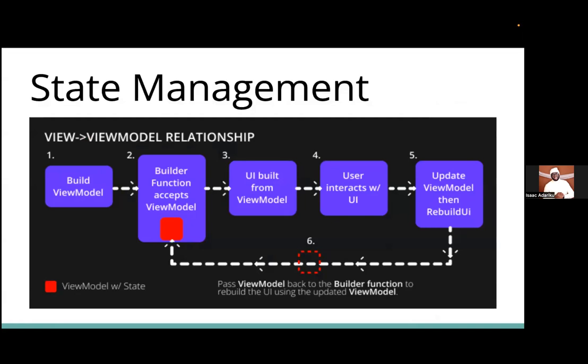The view model builder creates our view model. Stacked passes the view model to our builder function. The builder function creates our UI and the user interacts with the UI. So it simply makes everything easy. With this process, you can manage 100% of all your state code without ever having to write state-related code in your view file. You have a clear separation of concerns, which is actually one of the best starting points for a maintainable app.